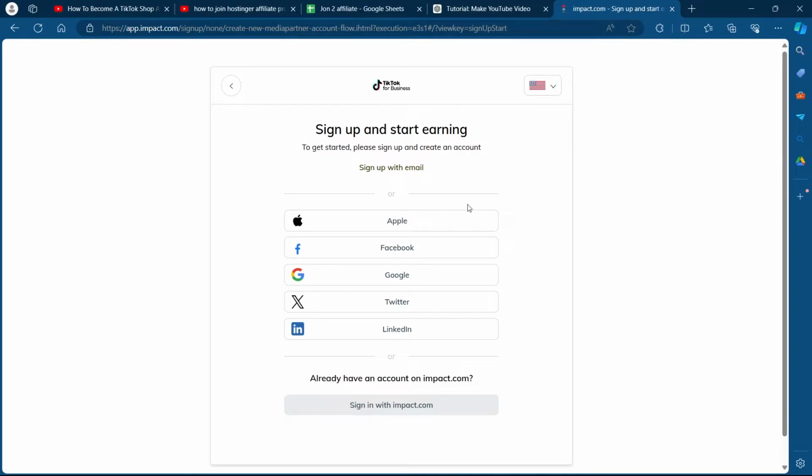After you click on accept, you'll be prompted to sign up and start earning with your TikTok business account. So you have the option to sign up with Apple, Facebook, Google, Twitter and LinkedIn. You can also sign in with impact.com. So if you want to sign up, select your language at the top right corner and click on sign up